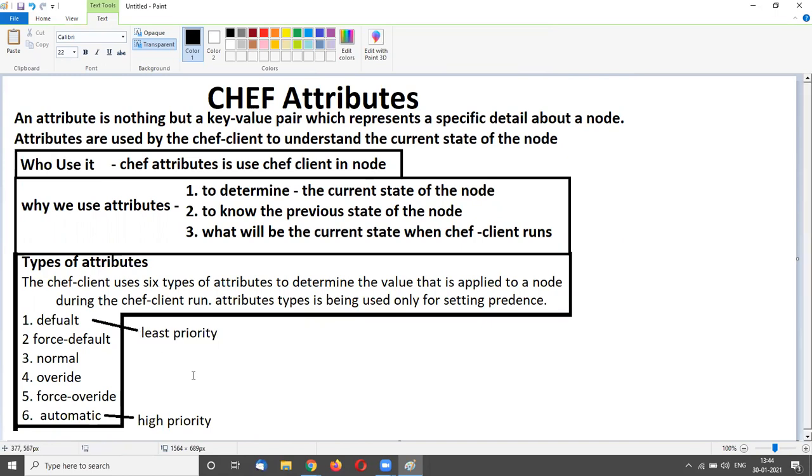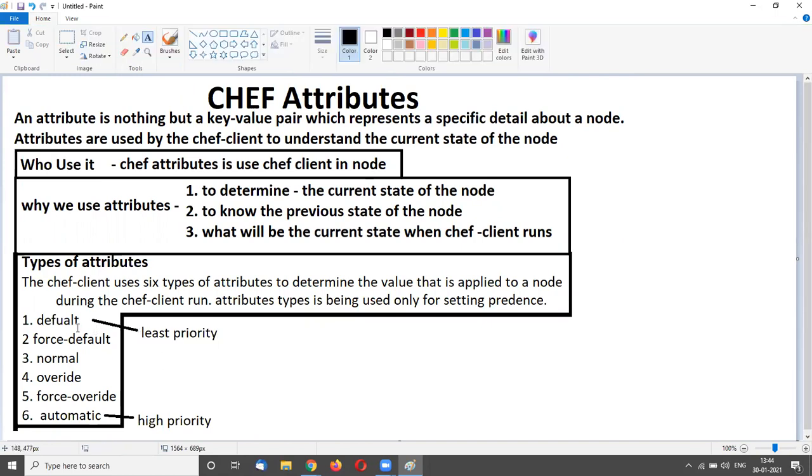So it means if a code starts with the default attributes, and after that a code starts with force default, then force default overrides the default code. And also if an automatic attribute is available, it overrides all the attributes.